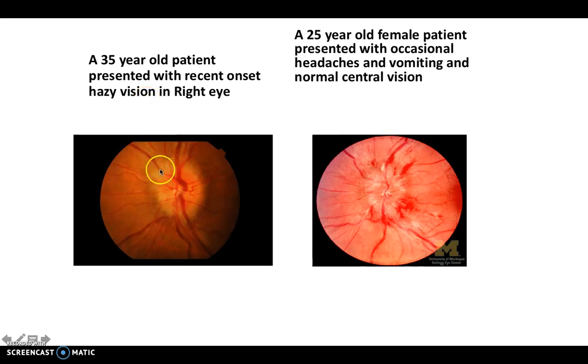And if you look at the pupils here, you're going to have a relative afferent pupillary defect. You're also going to have color desaturation, which are typical findings in optic neuritis. So remember to differentiate optic neuritis from papilledema. In optic neuritis, you're going to have blurred vision, a very important decrease in vision. You're going to have a relative afferent pupillary defect. You're going to have color desaturation, as compared to papilledema, in which you're going to have a normal central vision